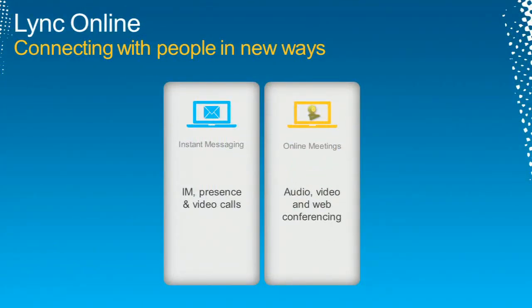So if we think about the Lync workloads, these are the workloads that will be made available as part of Lync Online when Office 365 launches. And those are also in beta today, in our public beta. So we have IM presence and PC to PC, or Lync to Lync, calling as part of instant messaging available in the cloud, as well as online meetings, so audio, video, and web conferencing functionality